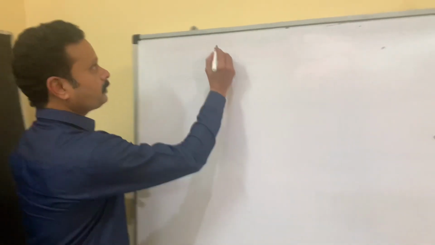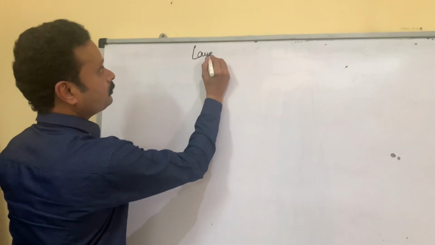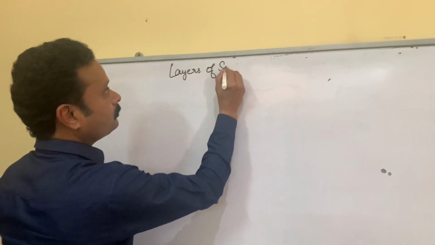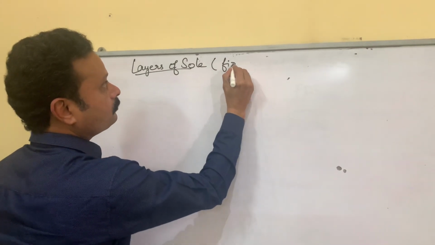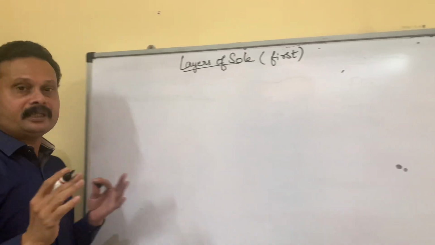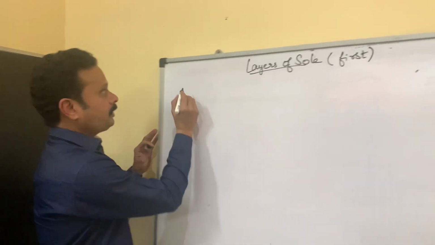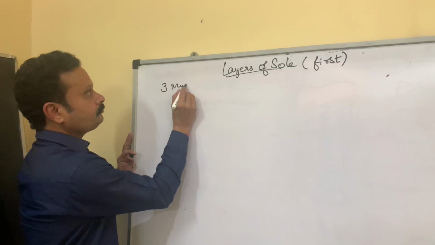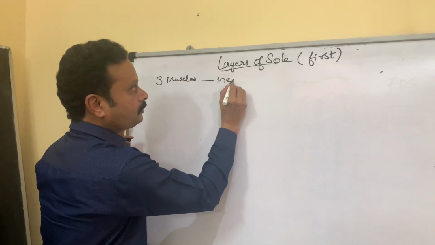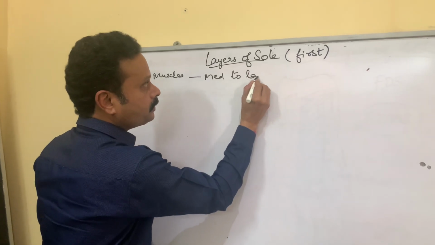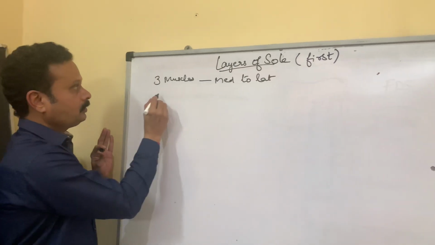Discuss about the layers of sole. To start with, first layer of sole. First layer of sole contains three muscles, and from medial to lateral these three muscles are: number 1,